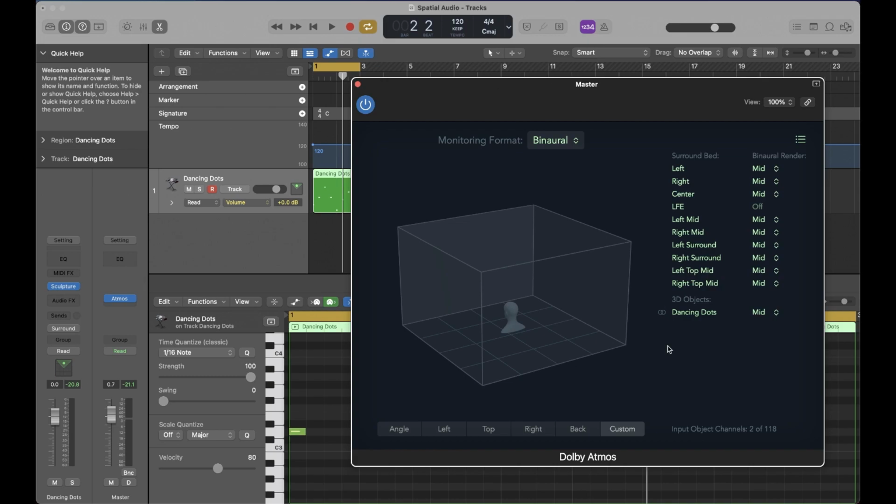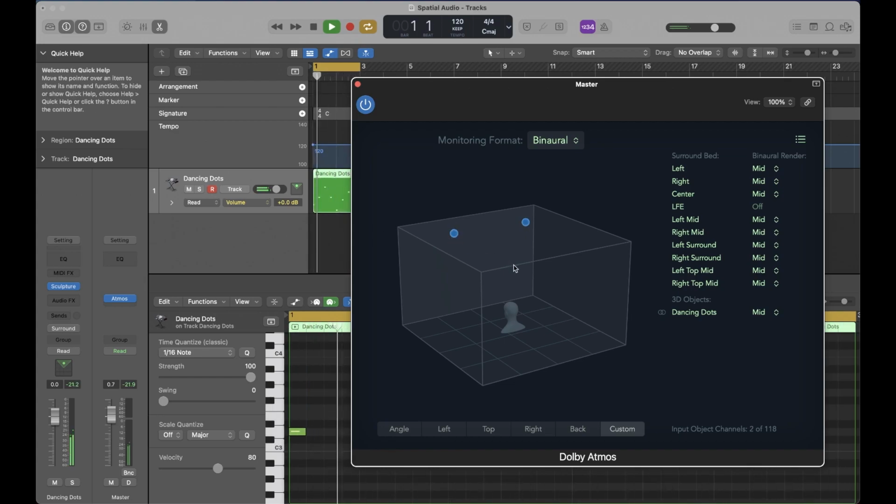Just to note that you won't get the full effects of the spatial audio in this video. When you're done with the spatial audio mix, it gets mixed down to an ADM BWF file, which is the file that then goes on Apple Music or wherever else you're using that. So it's currently not supported in these videos, but you can have a go on your own copy of Logic. So with the spatial audio mixing, you get what's called beds and objects. Beds you can work with a normal surround sound source, and objects are things you can actually position within this 3D space. Just to demo that, if I just press play on this little sequence I've got here,